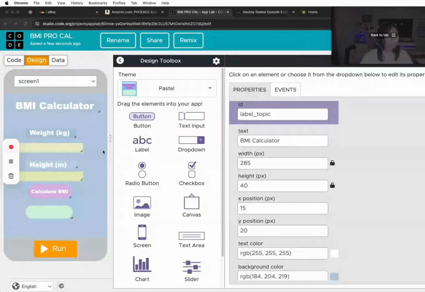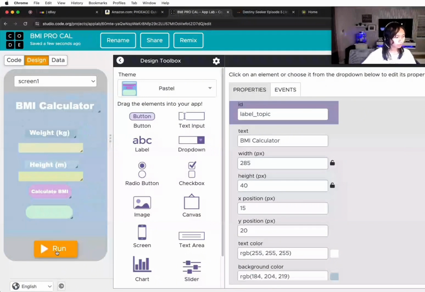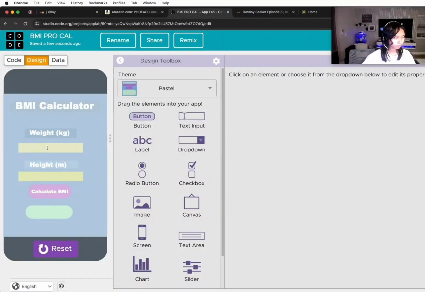Hello guys, so in this video I'll be showing you this pro calculator. Let me just move it. Oh no, it's a BMI calculator. So first I'm gonna click run and then weight, how much you weigh, and just put